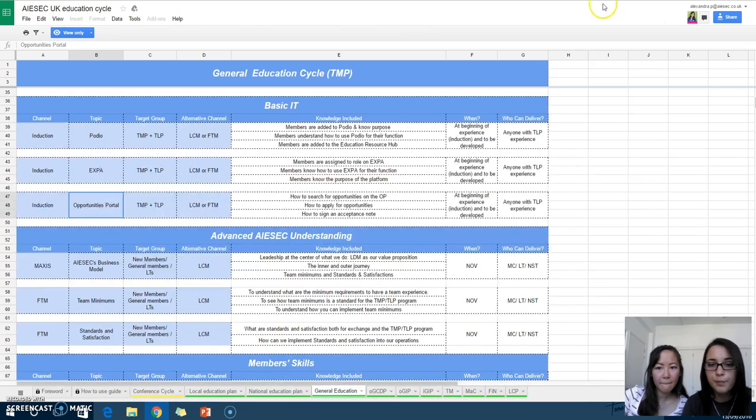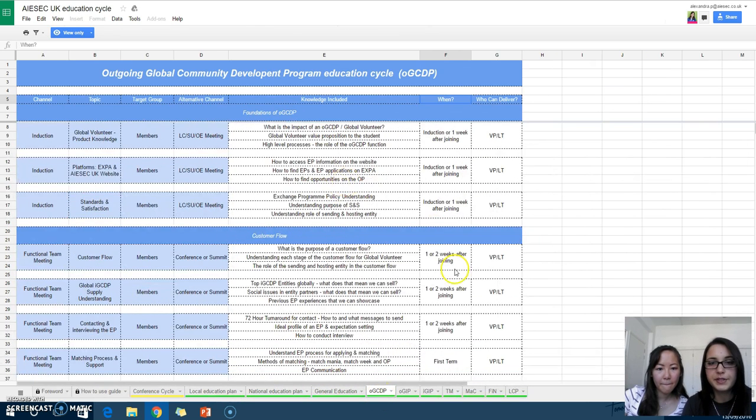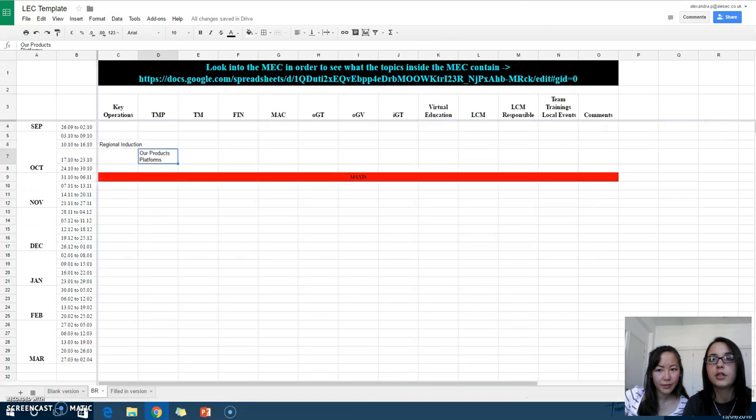And then we're going to go into the specific for each function. I'm going to choose OGV as an example right now. So for OGV, we're looking at what should be done in the first week after they join. That means the week after the regional induction. They need to have product knowledge over their function. So global volunteer product knowledge.